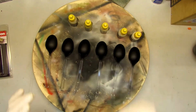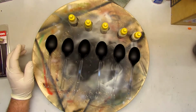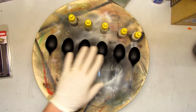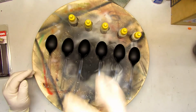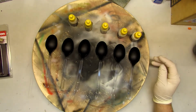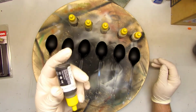Okay, so I will shake it, look good, and I will use a 0.3 needle, and I will spray on these spoons. I prime first with black, and I will put this. Now you can hear the ball inside of this. If you are shaking and you don't hear the ball,